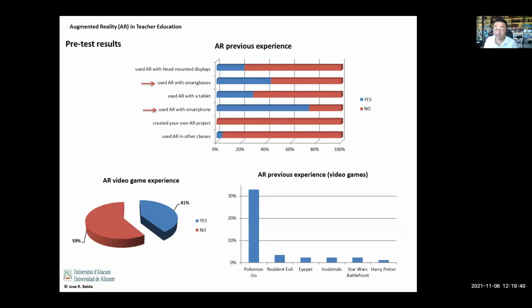41% of them said yes. And of course, for the video games that use augmented reality, most of them said they knew Pokemon Go. Some of them said Resident Evil, Invisimals, Star Wars Battlefront, and Harry Potter, the augmented reality version. So you can see that some of them had been exposed before, but always as AR